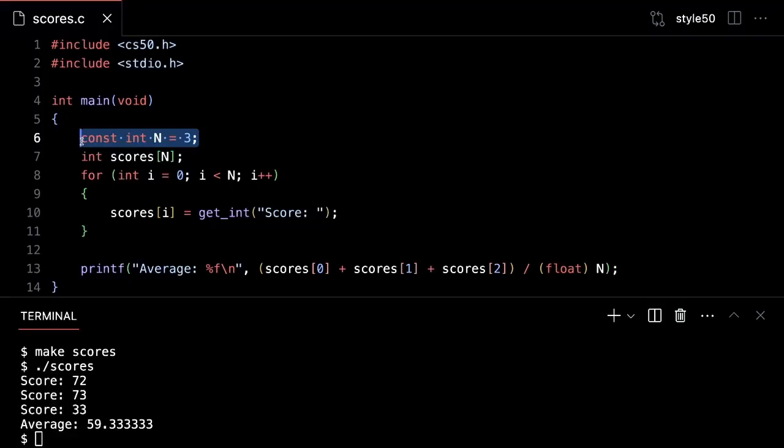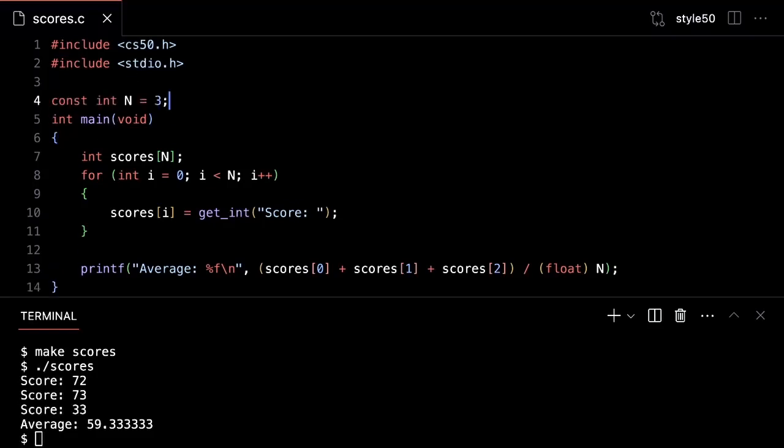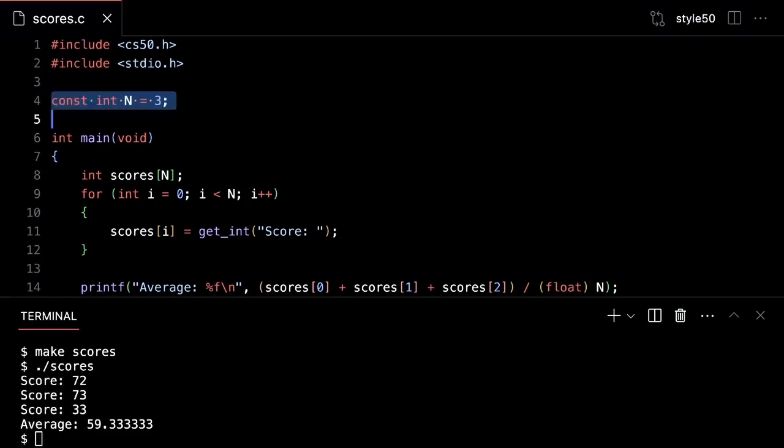Moreover, if you have a constant that you might want to occasionally modify, maybe next semester when there's 4 exams or 5 exams instead of 3, it actually is OK sometimes to define what might be called a global variable, a variable that is not inside of curly braces. It's literally at the top of the file outside of main. And despite what I said about scope last week, a global variable like this on line 4 will be in scope to every function in this file.